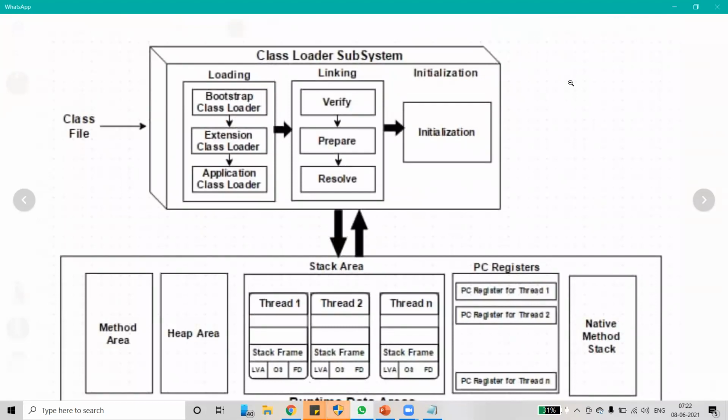What does the class loader do? There are three components in a class loader: bootstrap class loader, extension class loader, and application class loader. There are so many classes required to be loaded at runtime to run your Java program. One of the components is the bootstrap class loader. Bootstrap contains all basic classes required to run a Java program.